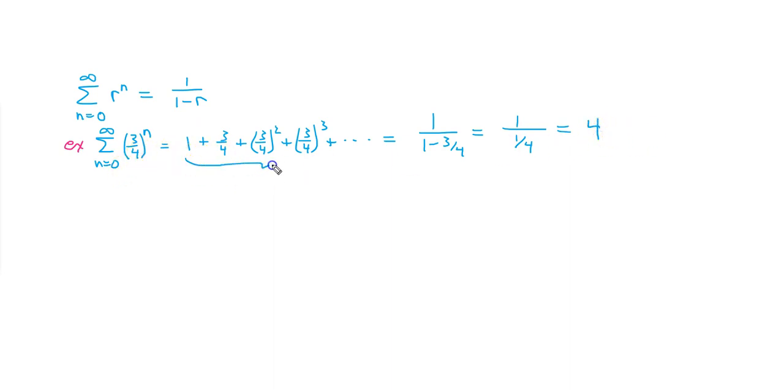So all of these numbers, when we continue this to infinity, we do actually get a finite number back, and it's equal to 4. Now let's take a look at a slight modification of this geometric series. Instead of starting our indexing variable at 0, sometimes we want to start it at 1. So what would our series sum to in that case? So if we have something like this,